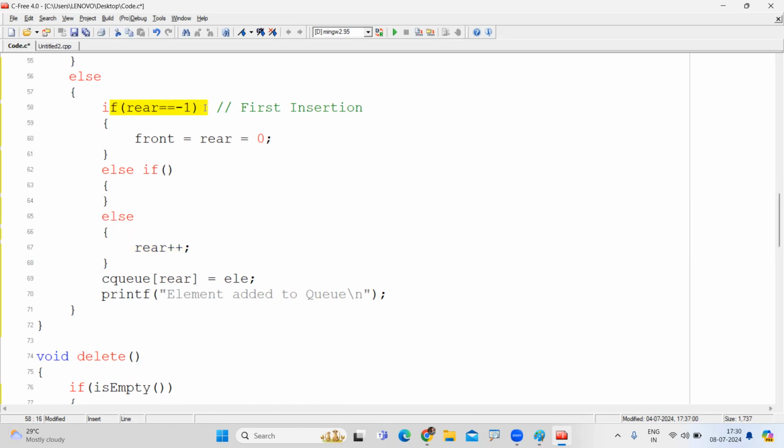This is the first case. This is all the remaining cases. For all the remaining, rear plus plus increases by 1 each time, and an element will be added. It keeps on increasing. Okay. Finally,